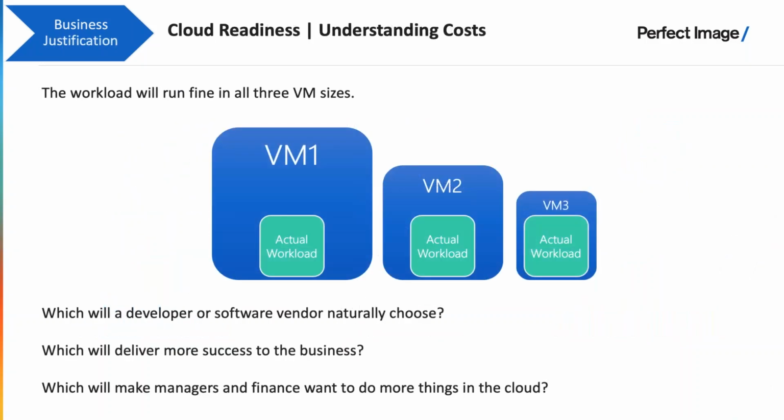So up on screen is a scenario based upon a lift and shift, right? So the costs for cloud hosting can vary wildly, right? And this is why it's important to not simply lift and shift based upon current server specifications. Optimization doesn't have to take place after the fact. Optimization for cloud workloads starts during the planning phase, using tooling to assess the actual workload requirements. When we use tools like AWS Migration Evaluator, I've got a little demo for that one coming up later, but